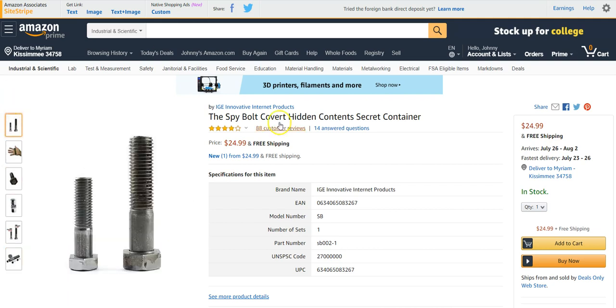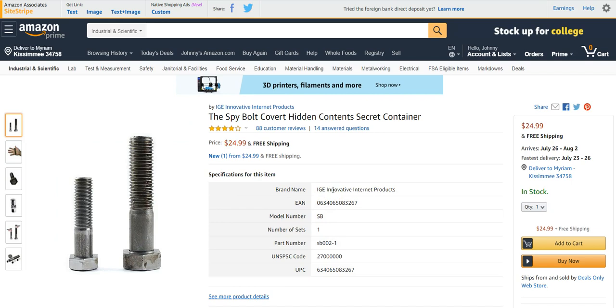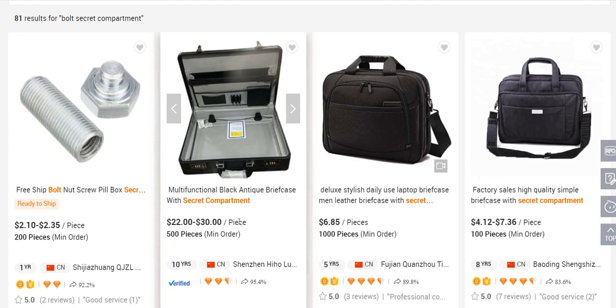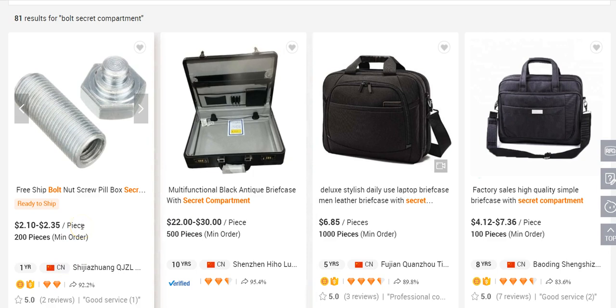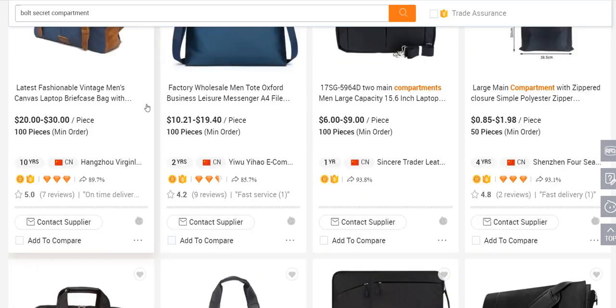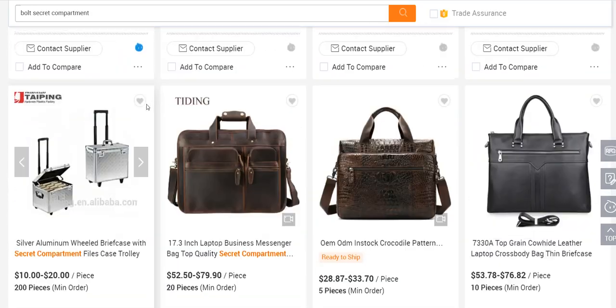I was just kind of curious, $24 for, I don't know if this comes with one or two, but either way, $24 for a bolt seems a little bit pricey. So I was just kind of curious, could we find something similar on Alibaba? And sure enough, the first listing that pulls up, you can buy these things for $2.10 to $2.35. Looks like they do have a 200-piece minimum, though I'm guessing if you reached out to them, you could probably get that lower. And I only found one seller selling these,